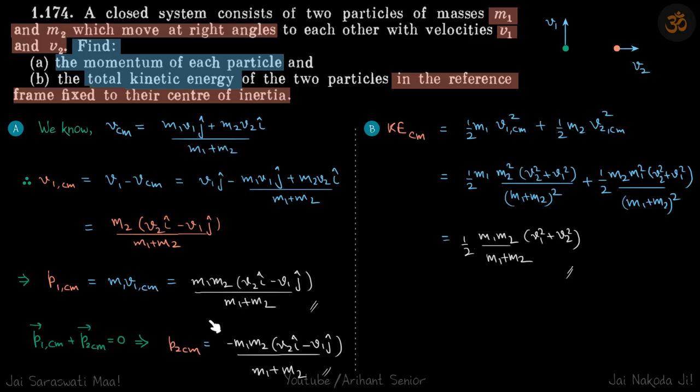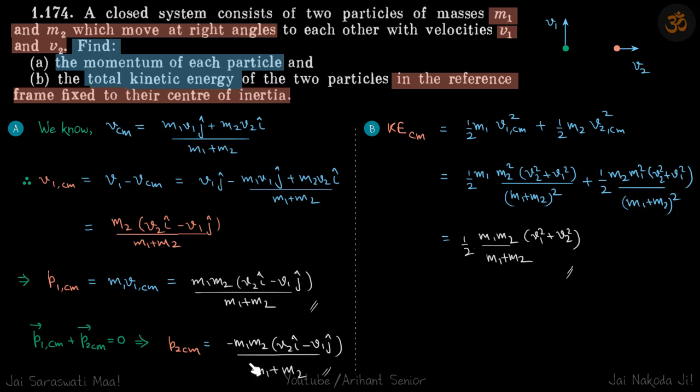That is the first part. Second part, kinetic energy, again in reference to the CM. So this is our equation for kinetic energy with respect to the center of mass. Again, we have already calculated v1 CM, so we'll just put that value here, and similarly you can see by symmetry that v2 CM will also be something similar,